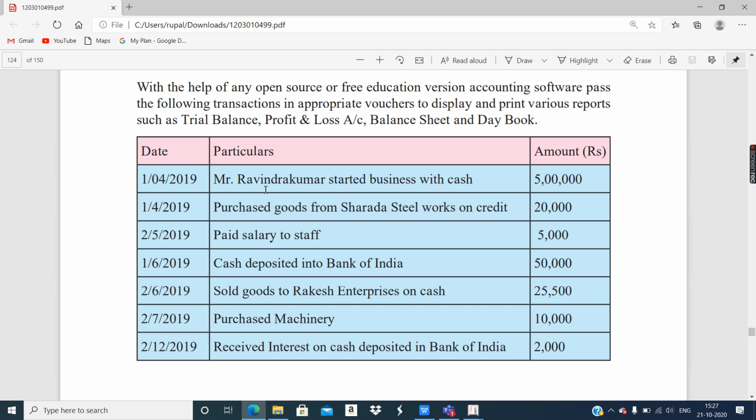In the textbook, all the explanation how to identify which transaction needs which voucher entry. There are different types of voucher like contra, purchase, sales, okay, etc. Payment voucher, okay, debit note, credit note. All these explanations are given in the textbook, okay. So you can read from there.